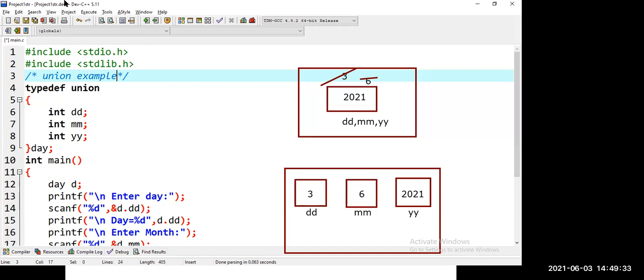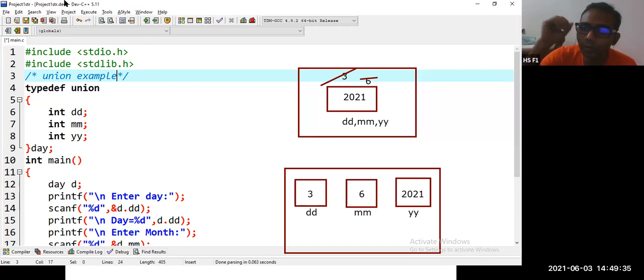Okay. So if I want to open a bolt, I can open with a cutting plier. I can open with a nose plier. I can open with some other tools. So these are different tools. A structure is a tool to create a new data type. A union is a tool to create a new data type. As per your requirement, you can use any one of them. The rest of the code is same.